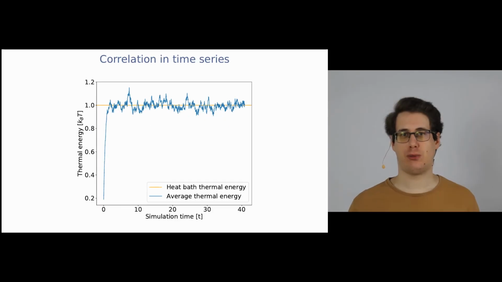To illustrate the problem, I have here plotted the average thermal energy of a system of interacting particles where the temperature is controlled by a thermostat. In the first part of the graph, you see a steep increase of the thermal energy. That's the warm-up phase. And it is followed by a phase where the thermal energy is fluctuating around the preset